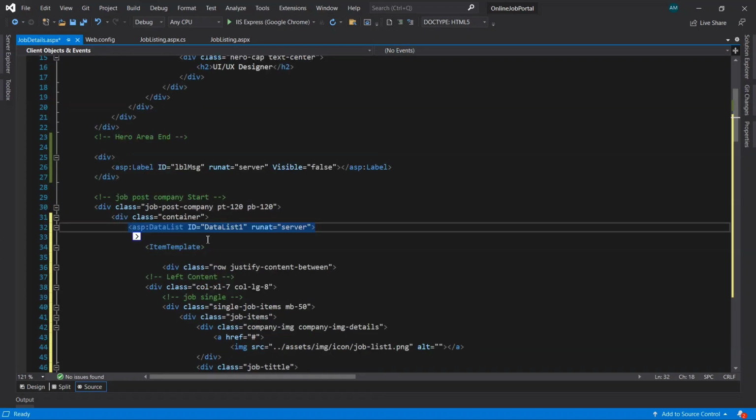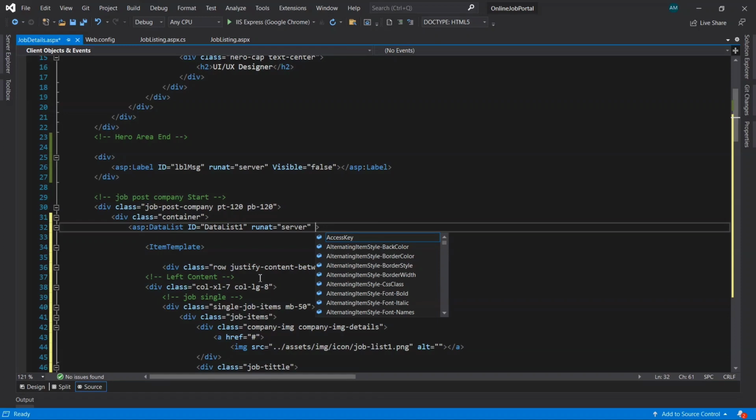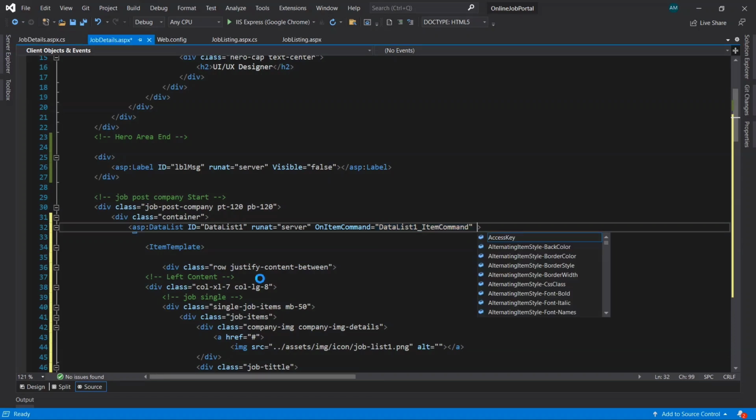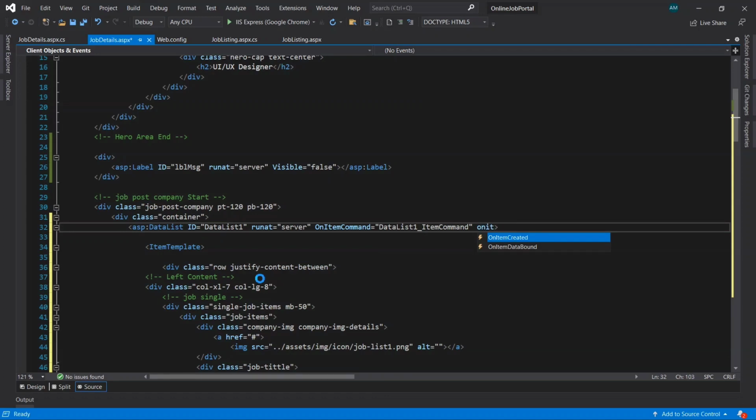Now let's create two events for the data list control. That is OnItemCommand, create event, enter. The second event, OnItemDataBound, enter.